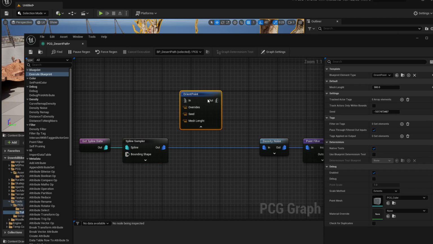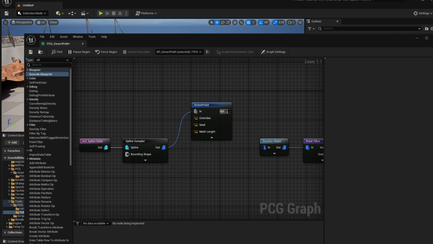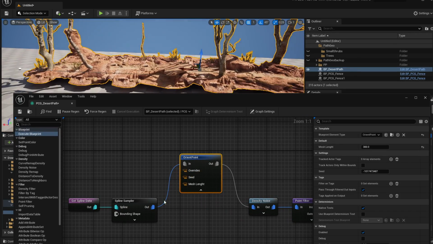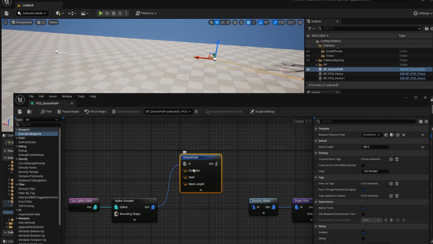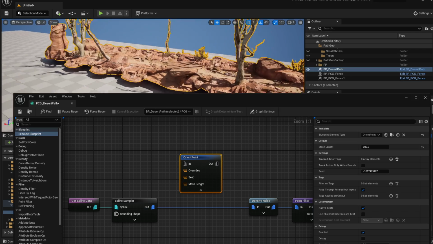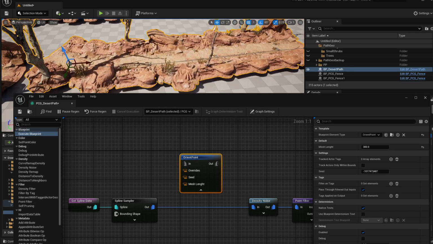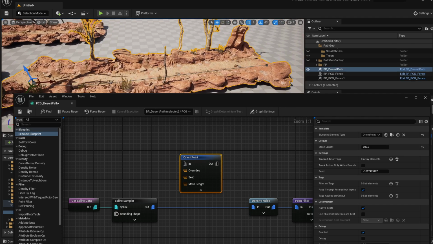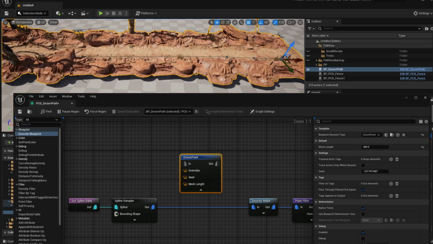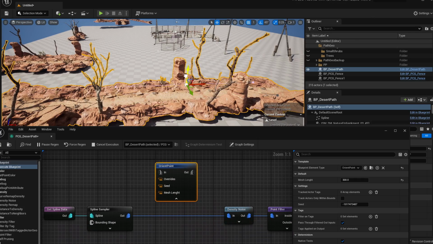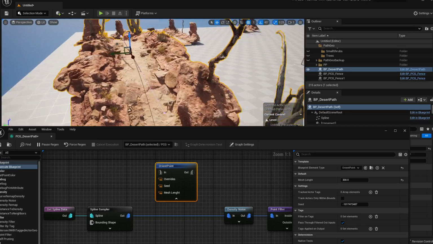After we sample the points, we'll orient them with this function. This can help you a little bit with the slopes in your terrain. Let's disconnect it and show you the difference. So if I have it connected by default, and if I add a point to the spline in the middle, let's add one at the end, and we'll use this one. If I add this point in the middle and I make my road curve a little bit up,